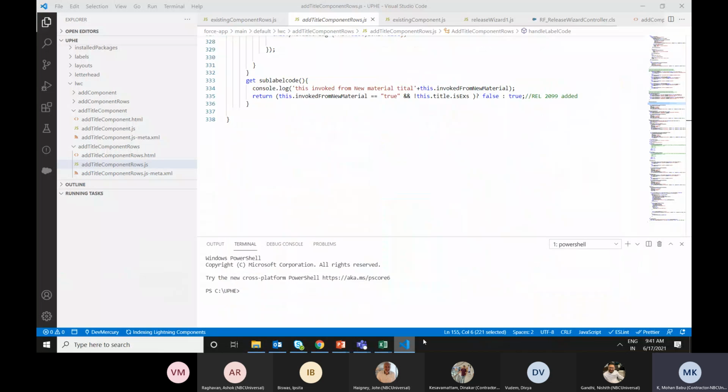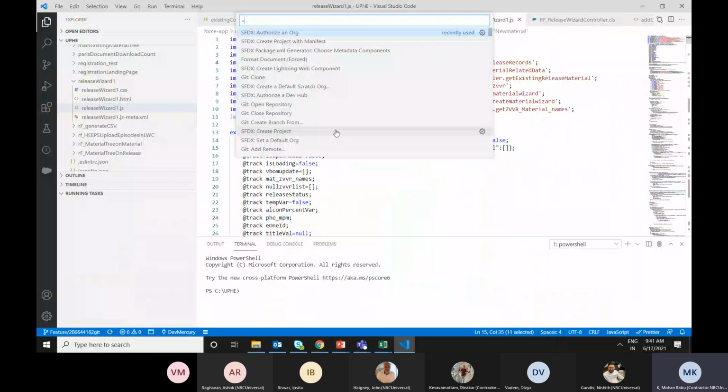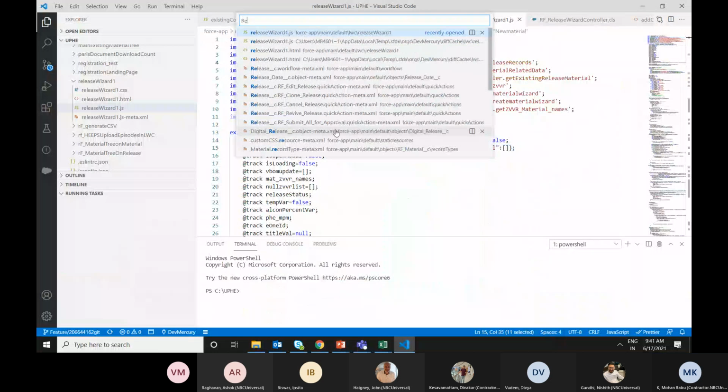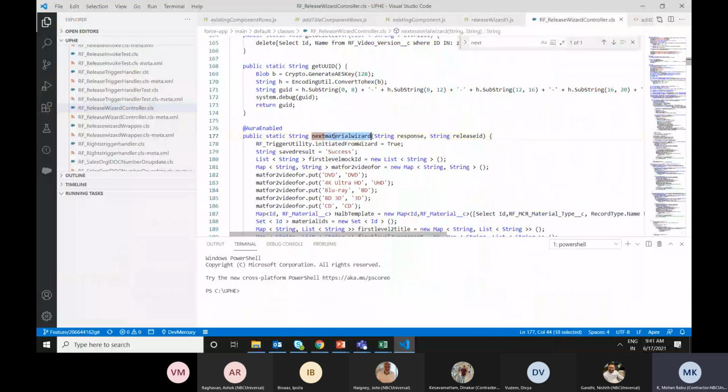So this is the main component which is being used, and this is the main array. Okay. We have only three variables. And while clicking on next, this is the method which is being called when clicking the next button in the wizard.